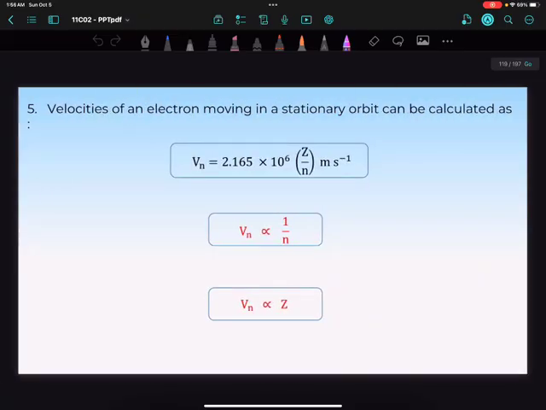of the orbit. So the velocity of the electron moving in a stationary orbit can be calculated as Vn is equal to 2.165 into 10 raised to power 6. That is, Vn is directly proportional to the atomic number, and Vn is inversely proportional to the